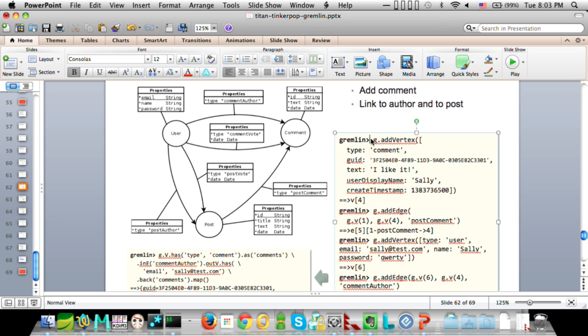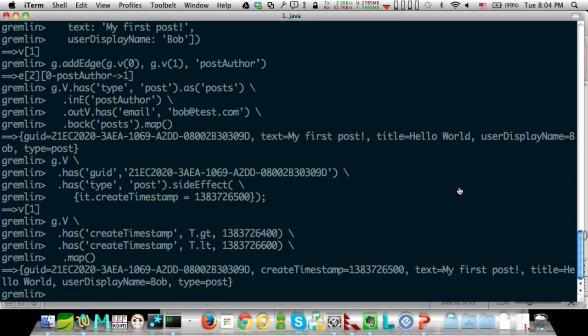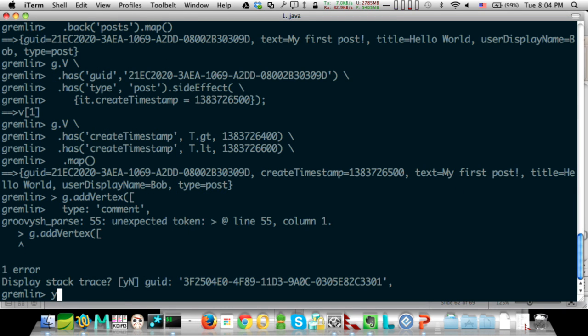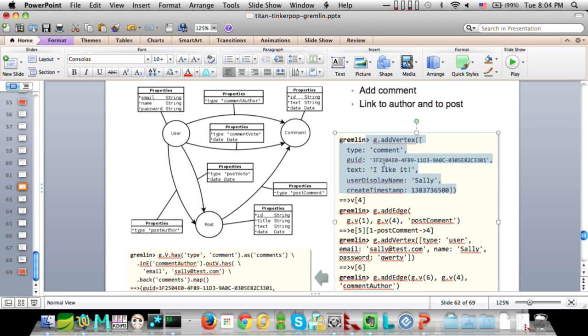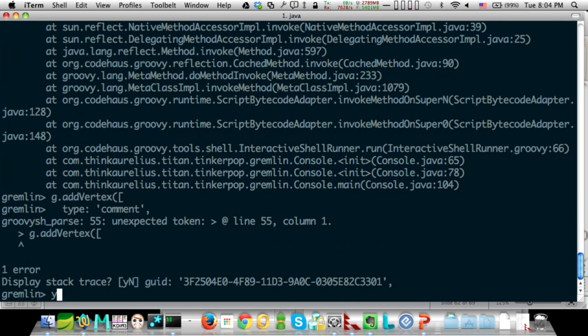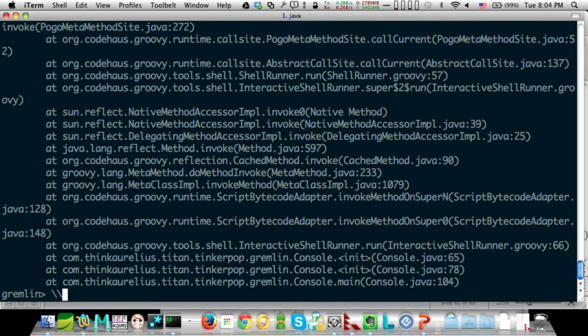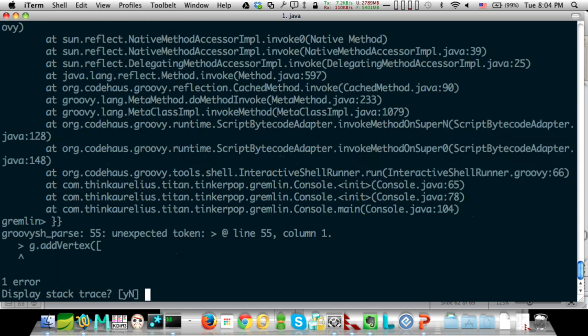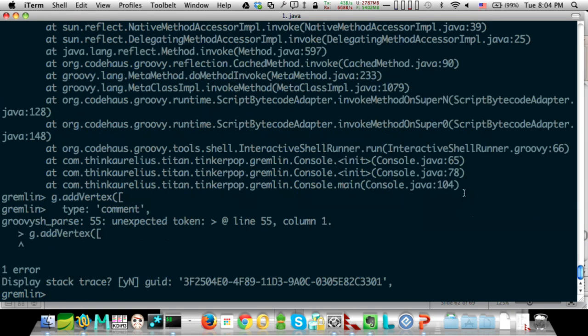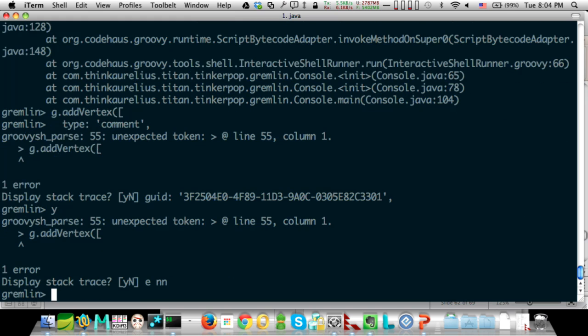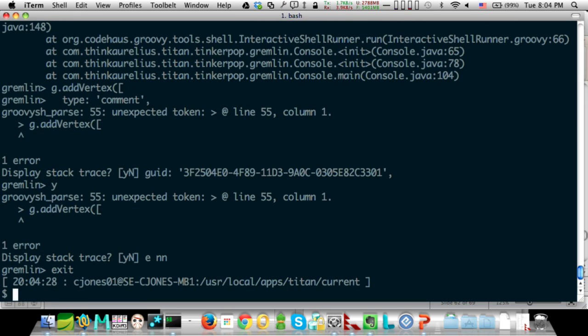So now we want to add a comment. So let's add a comment object, or let's add a, actually, we'll add a comment. Ooh. What happened here? Oh, I captured that bracket there. Let's see. I might be trapped inside some weird syntax. All right, let me do this, and I'll catch us right back up.